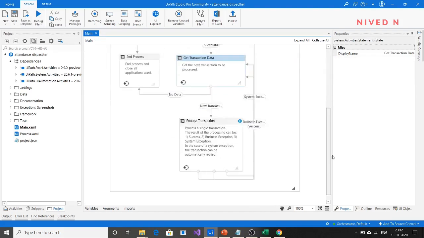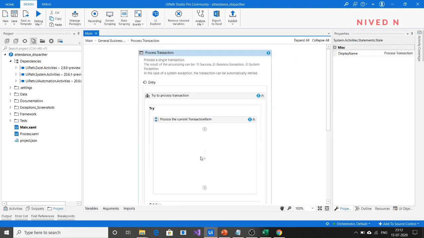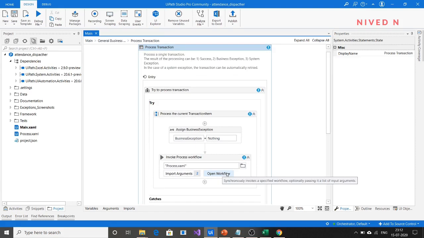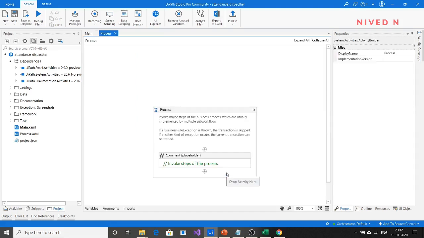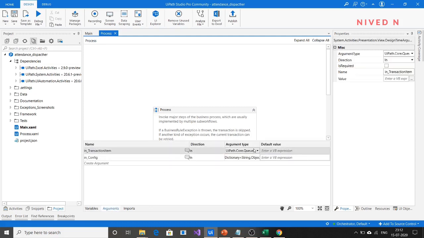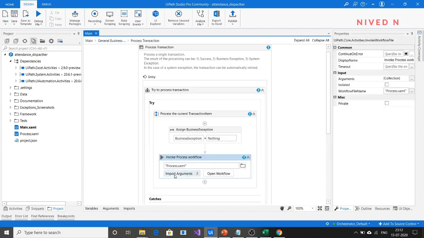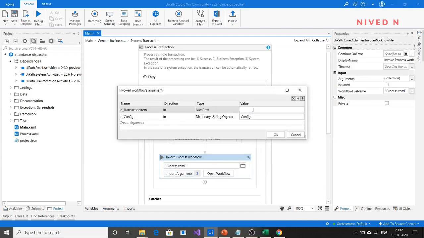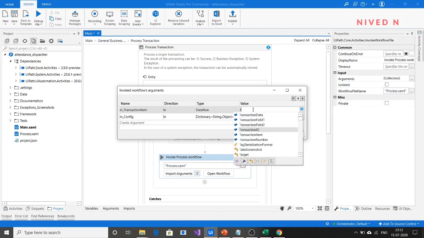Now we have to go to the process transaction state. In the process transaction state also, just open the process XAML file and then change the variable type of transaction item to data row. Save it, close the workflow, and then over here add transaction item.